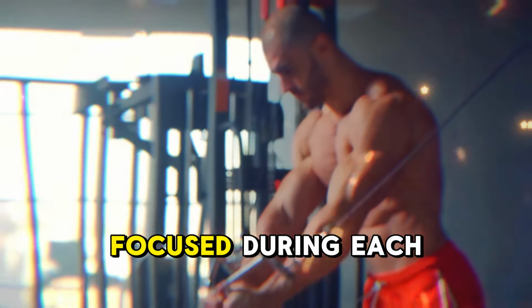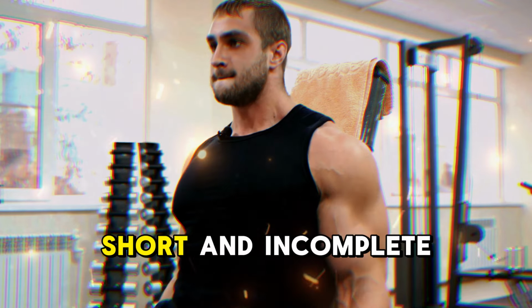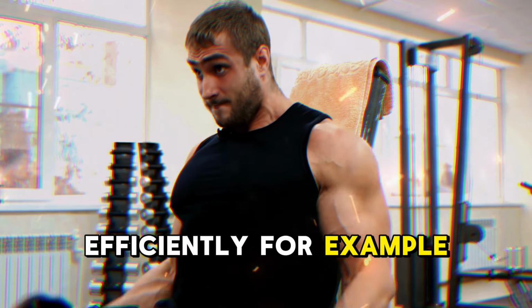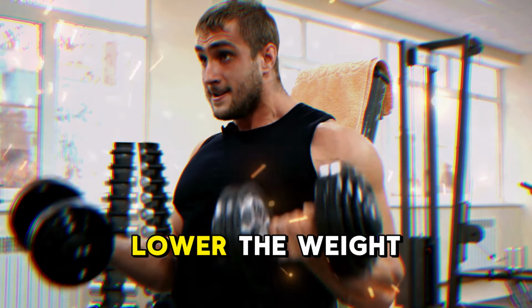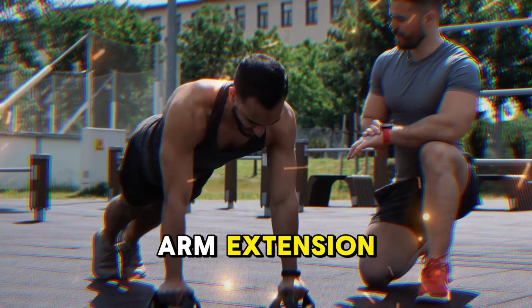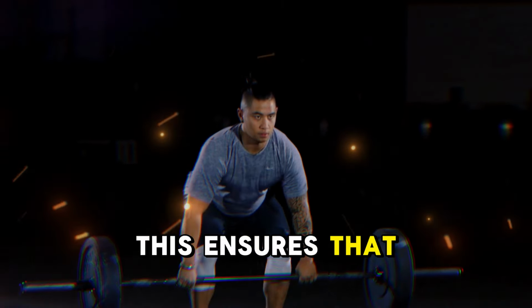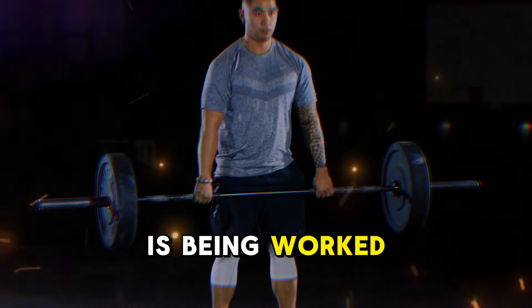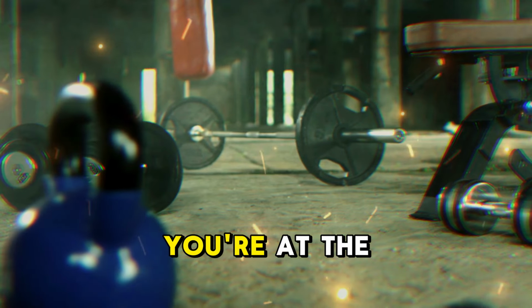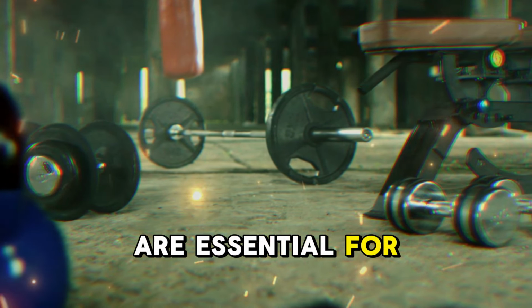Remember to stay focused during each exercise, carefully observing the full range of motion. Short and incomplete movements do not work the muscle efficiently. For example, when doing a bench press, make sure to lower the weight to your chest, almost touching it, and push it up to full arm extension without lifting your shoulders off the bench. This ensures that the entire muscle is being worked, promoting more uniform and robust growth. So, next time you're at the gym, remember, proper technique and full movement range are essential for building muscles quickly